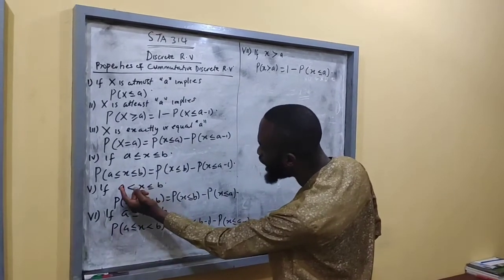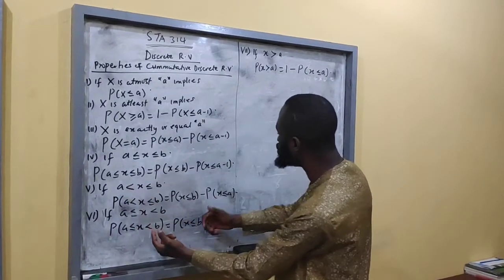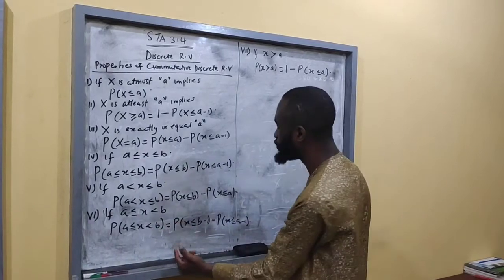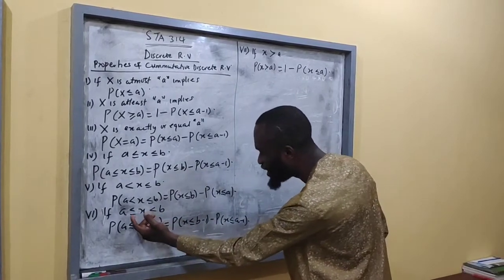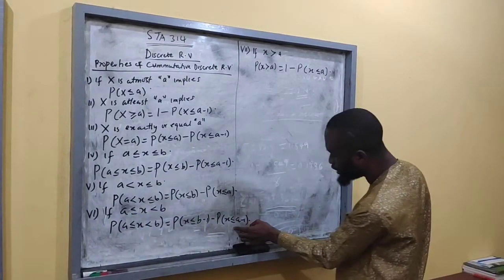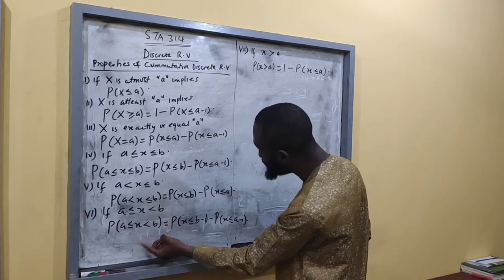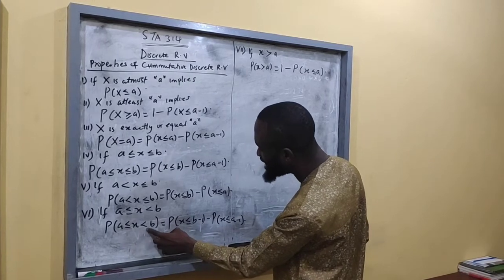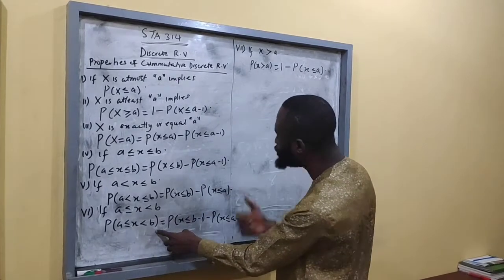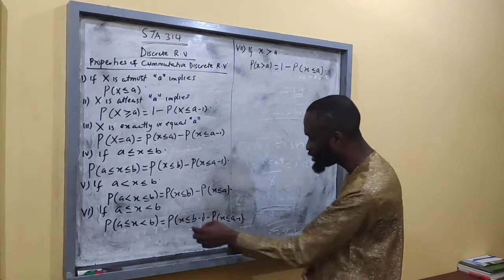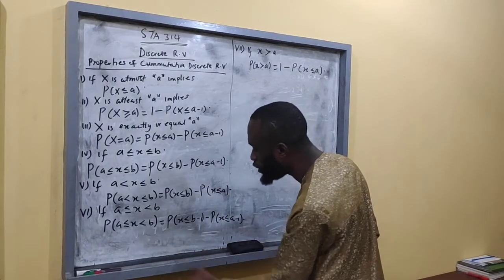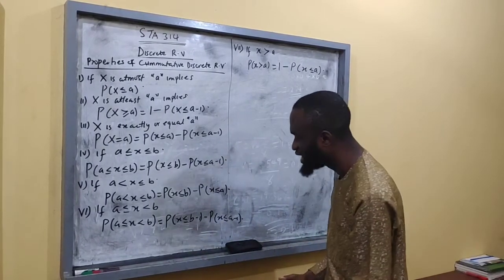You see that when you have a less than or equals to x, what are you going to do? You are going to subtract 1 from what? From the lower bound. That is why you have a less than or equals to x. That's why you see minus, x less than or equals to a minus 1. Then this x is less than b, it does not contain b, so we need to subtract 1 from b. That is why we have it to be probability of a less than or equals to x less than